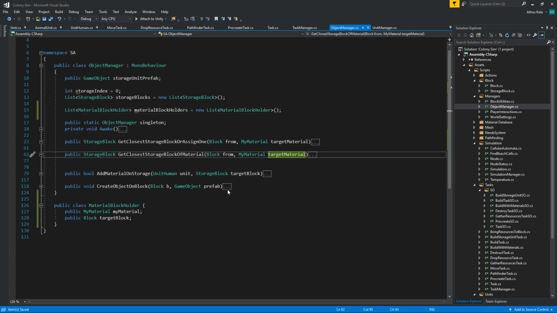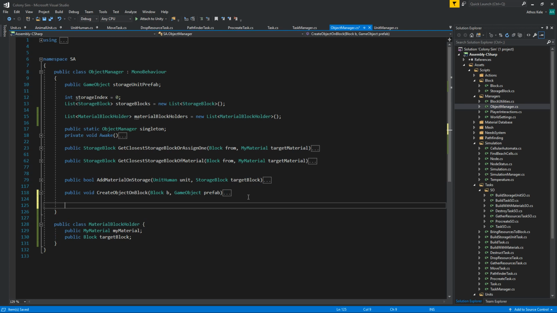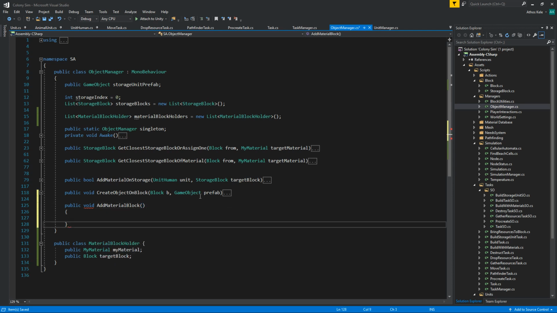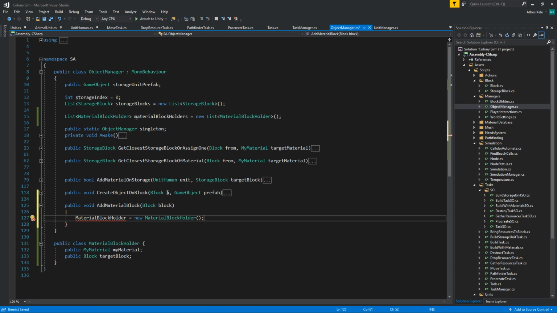And we're going to need a method now that is going to be looking for, actually no, we don't need to be looking for, we just simply need to be categorizing this based on those materials. So that will be public void add material block. And we're going to be passing the actual block. Okay, so material block holder,